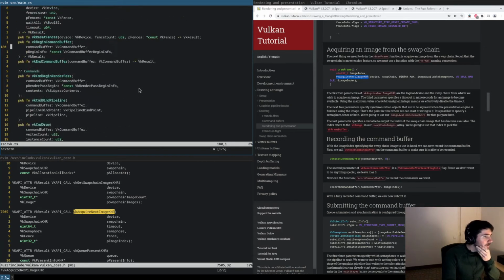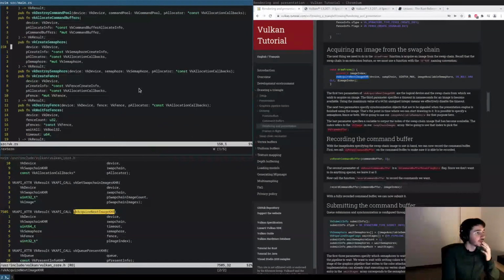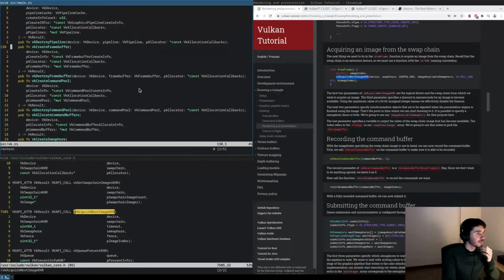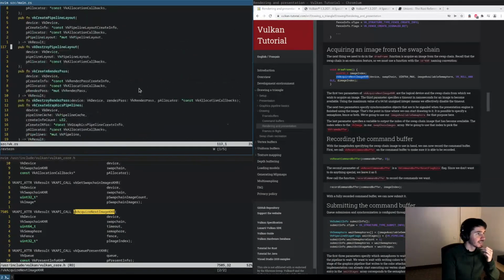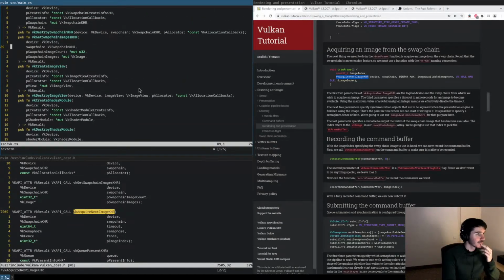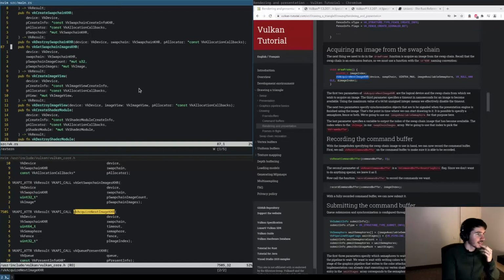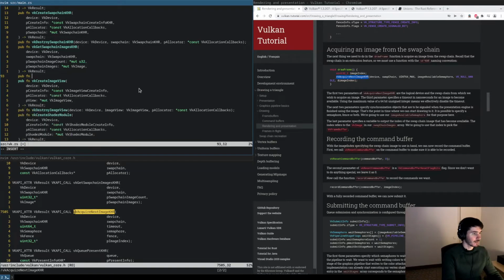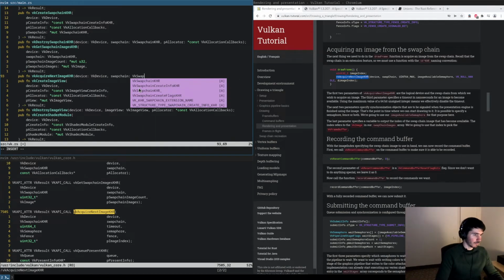Where do I want to add it? Maybe I want to put it close to the other swap chain function, vkGetSwapchainImagesKHR, maybe here. vkAcquireNextImageKHR, have it here copied. It takes the device, the swap chain, a timeout,